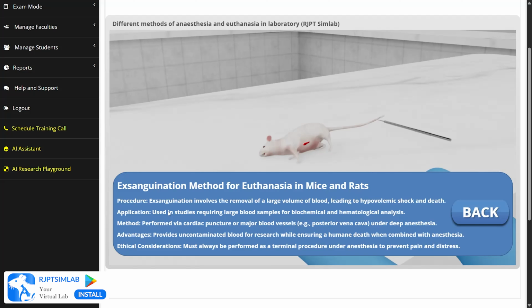The advantage of this step is that it provides an uncontaminated large volume of blood to the researchers while ensuring a humane death when combined with anesthesia. The ethical considerations are that it must always be performed as a terminal procedure under anesthesia to prevent pain and